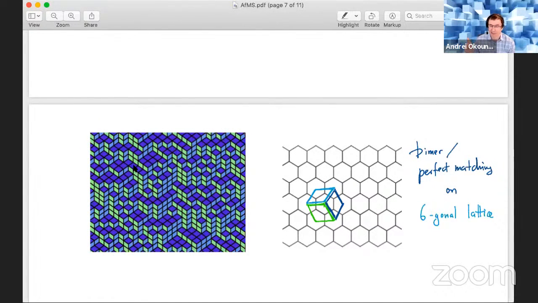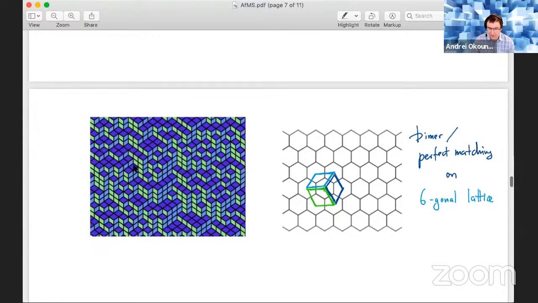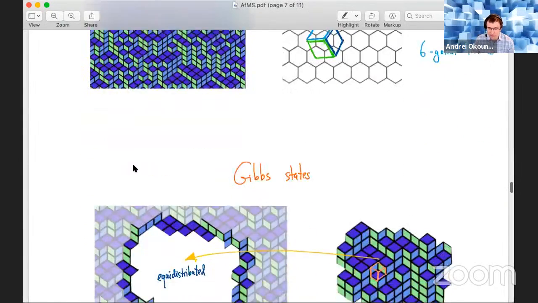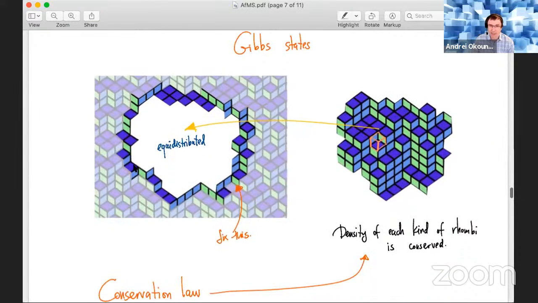So it's like saying I have some planar lattice, and I assign for every neighbor another neighbor. So I matched all vertices of my graph in pairs. That's sometimes called a perfect matching, sometimes called a fully packed dimer. Anyway, so it's also familiar. And so what's a Gibbs state? A Gibbs state is, again, you